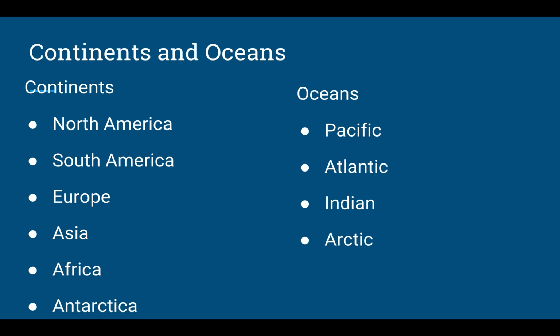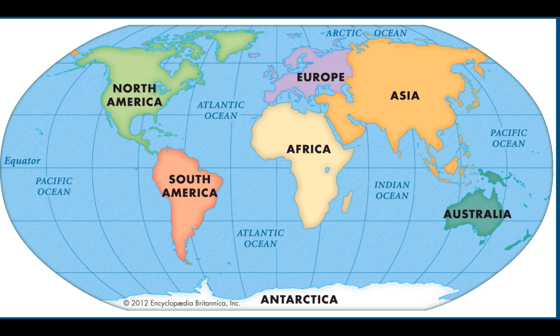So you need to fill out the 7 continents on your notes, the 4 oceans on your notes, and then from there, I need you to please turn your attention to the map, the blank map that's in front of you. And I need you to label all 7 continents. I also need you to label all 4 major oceans.